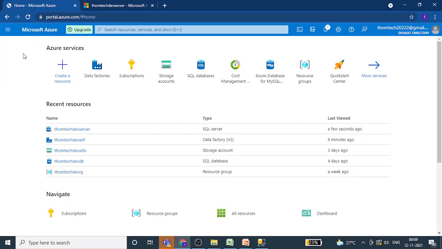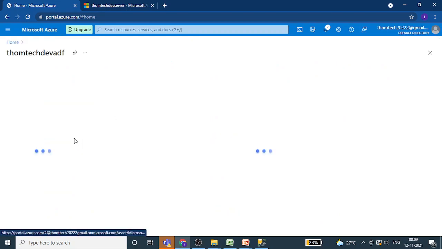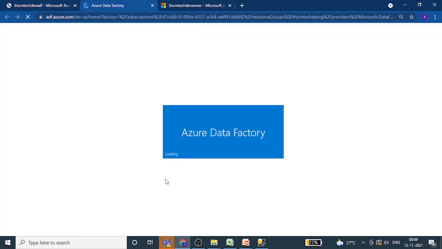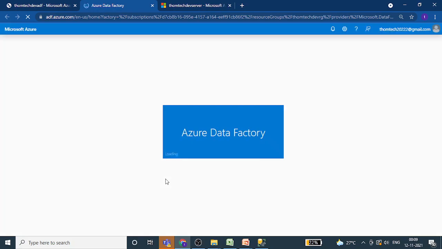Okay, so this is our Azure portal. And from here I will open my data factory, click on the studio. Sometimes it takes some time, like around 30 seconds or 1 minute to open up.